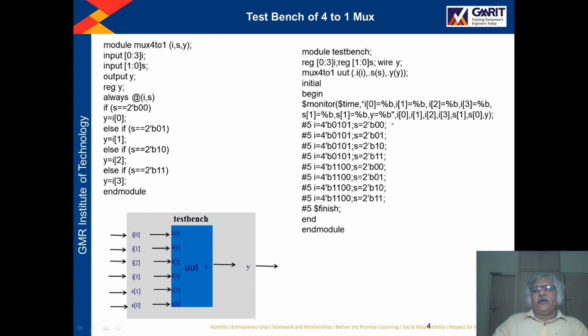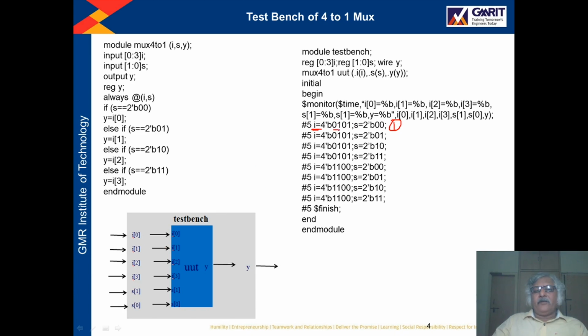So here, okay, you see here this first statement. Here what is happening, how am I assigning the value to I, right? I means input. This input of the unit under test will get the inputs 0 1 0 1, right?